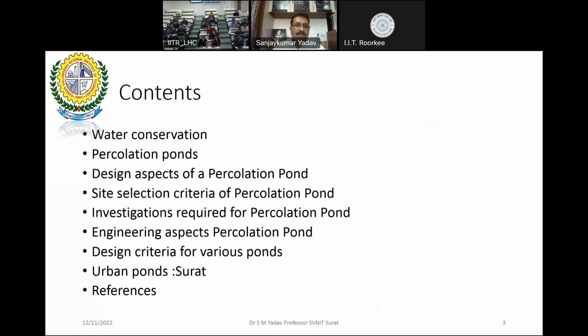The content of my today's presentation is, we will talk about water conservation. Then we will talk about percolation ponds. When we talk about percolation pond, we will talk about design aspects of percolation pond, site selection criteria of percolation pond, investigation required for percolation pond, engineering aspects of pond, design criteria for various ponds. Finally, we will see the practices, that is urban ponds, how they are managed,